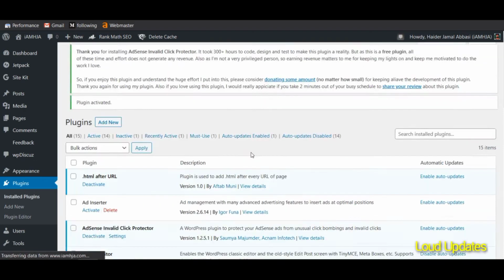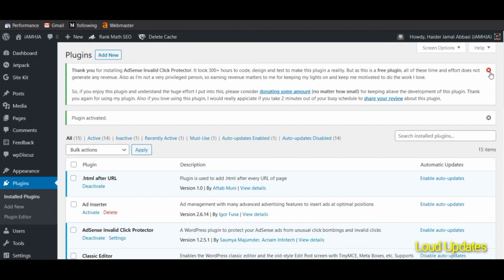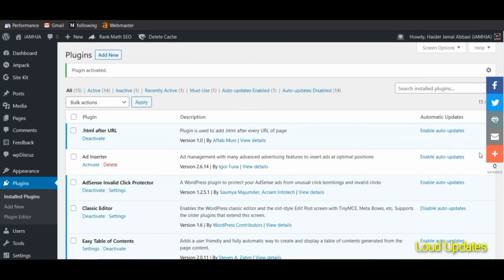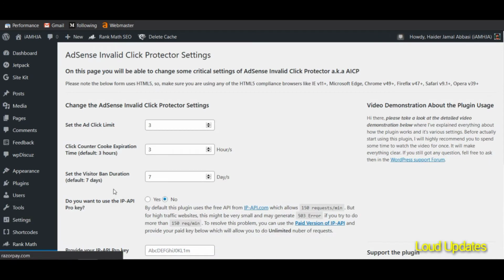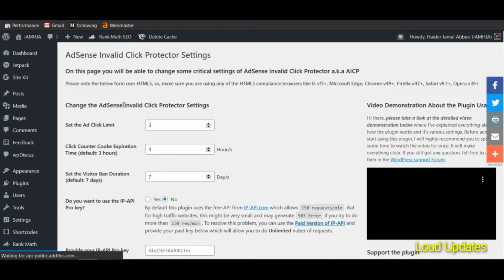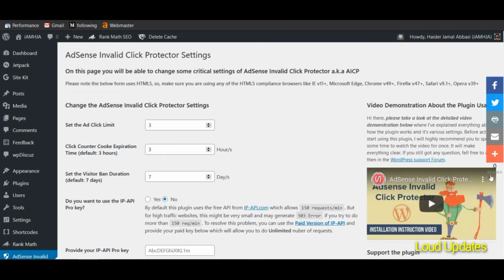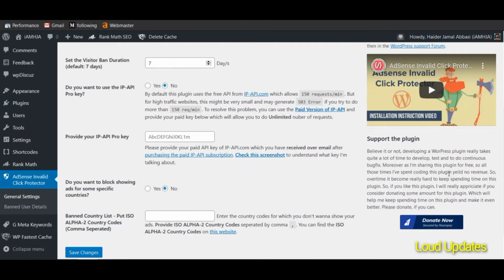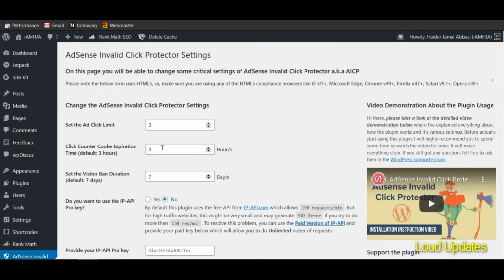Maybe a visitor coming to our website accidentally clicks, or maybe they like our 3 or 4 ads and click on them, but AdSense does not understand that; maybe they are a hater. So set the ad click limit.